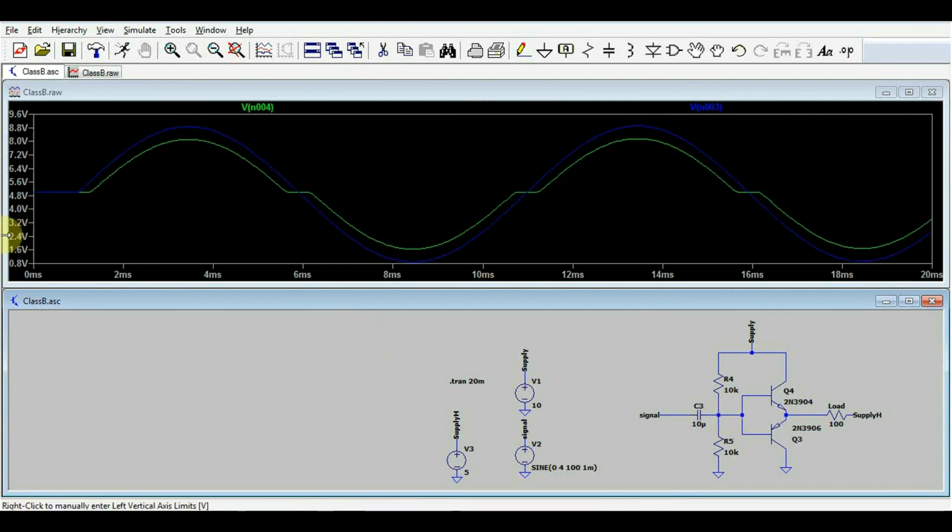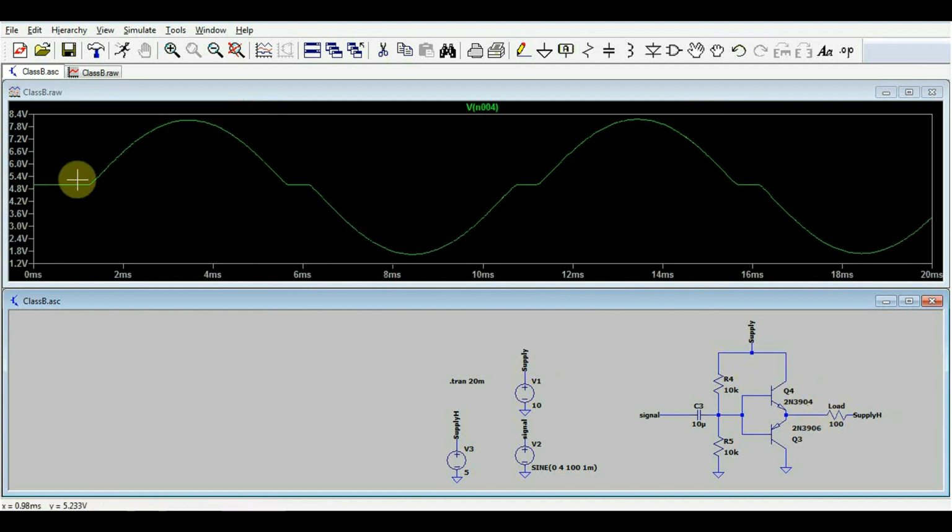Now what we can see immediately is that the output signal is around 0.7 volts lower than the drive signal. And when this difference goes around the 5 volt mark, so the middle of the supply voltage, then the output becomes stationary at 5 volts. So each of the transistors can only conduct current when their base voltage is higher than the output voltage by the 0.7 volt mark. So this means that our output signal is distorted, so the middle bit has been removed,